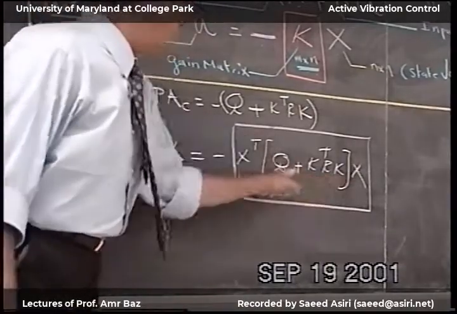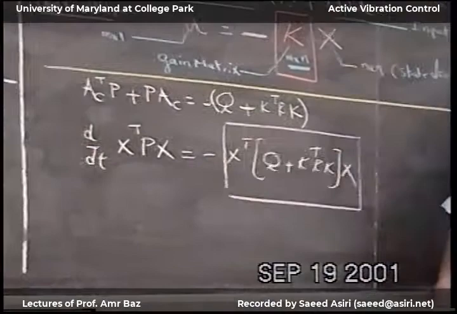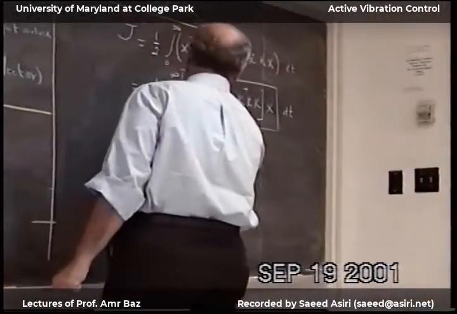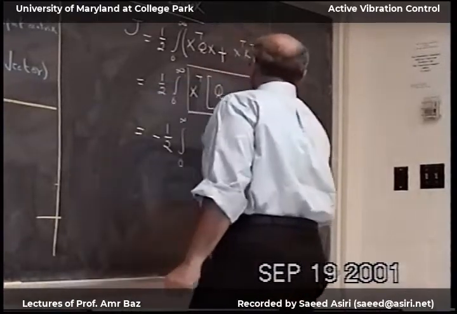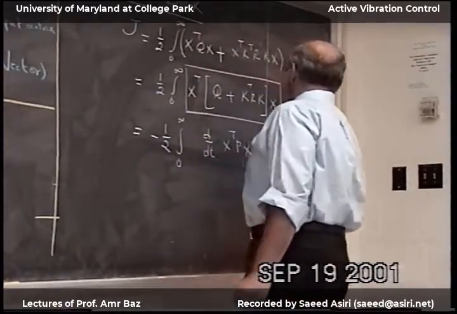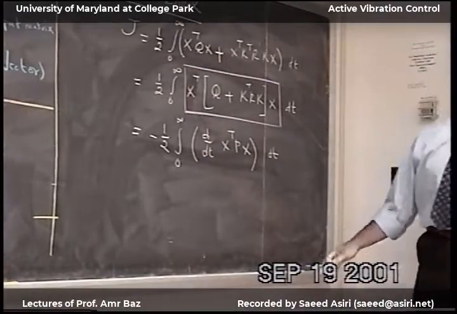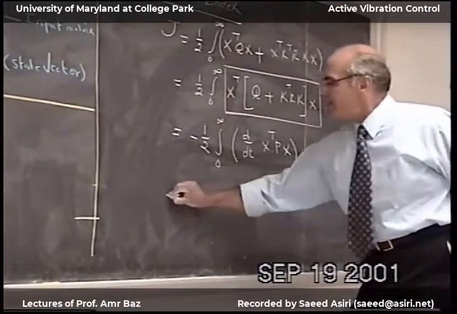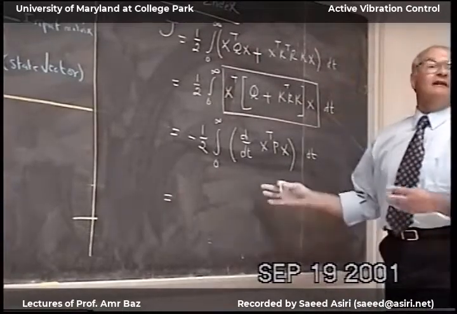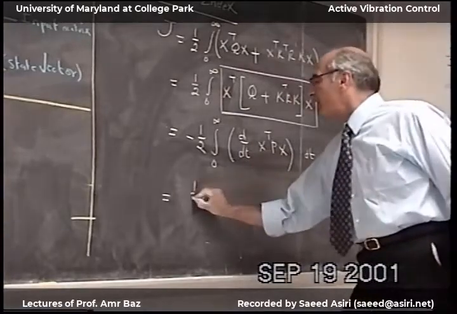So now this term, I'm going to replace it by minus what we have here. So this will equal to... now I have the integration of the differentiation, so the result will be just the value that we have, and I put the limits on it. So this is 1/2